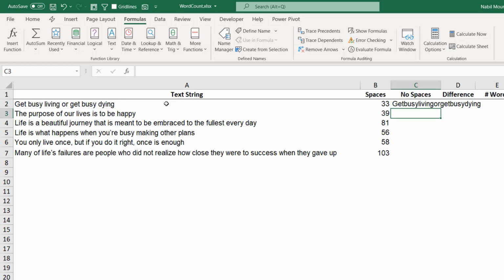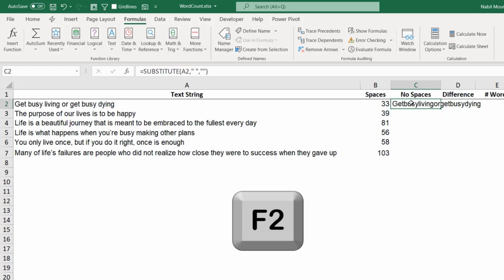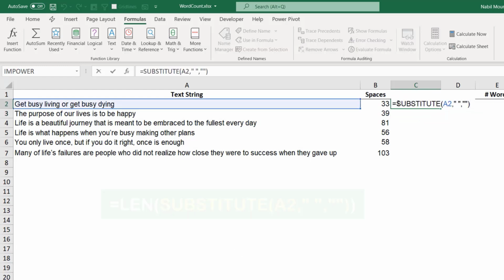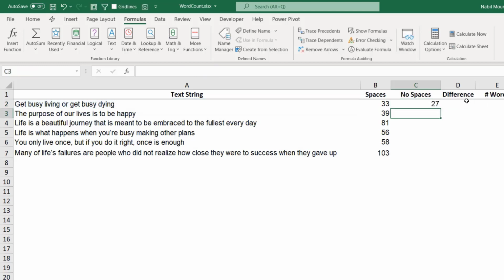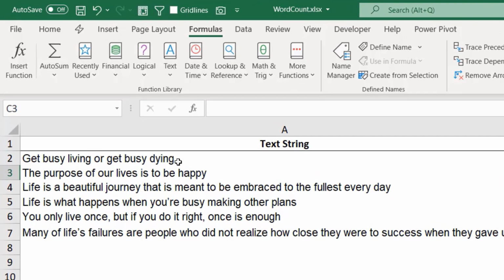I would like to count how many characters do we have. Then I put my function one more time in the edit mode F2, and I wrap the substitute function inside the len function. I hit the tab key, I close the bracket for the len function, and then I hit enter, and that will be the number of characters without any spaces. Let's have a close look at our text in cell A2. Assuming that we do not have any invisible space because we removed it with the trim function, then in this case each word is preceded by one space, except the first word. So if I'm able to count the number of spaces and add one, that will be the number of words. And this is exactly what we did.